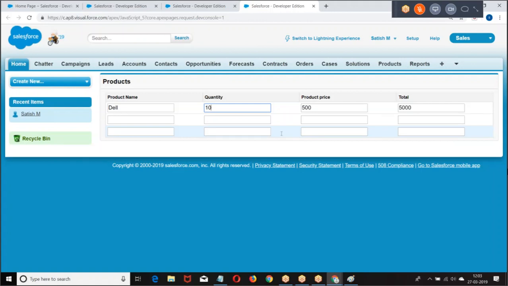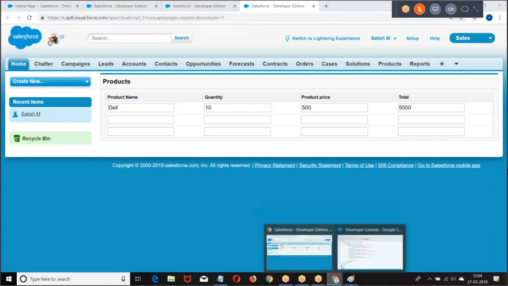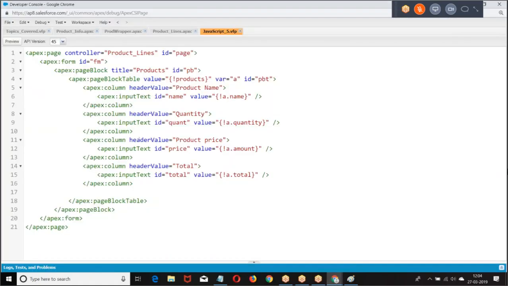If it is only one input text, it is page dot, page block section dot, particular element. But it's a group of rows. In the particular rows, I want to identify the second row quantity. I want to identify third row price. How do you identify particular row, particular element? Are you getting my point? How do you identify particular row, particular element? So we need to have the question here.